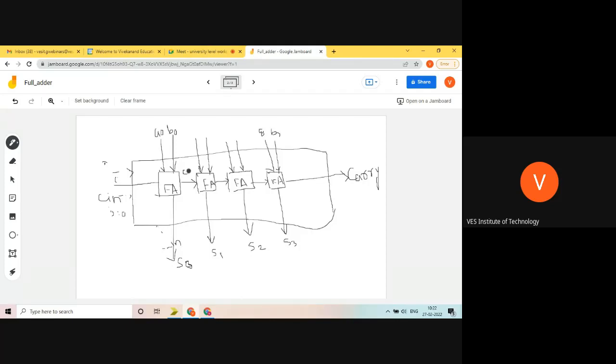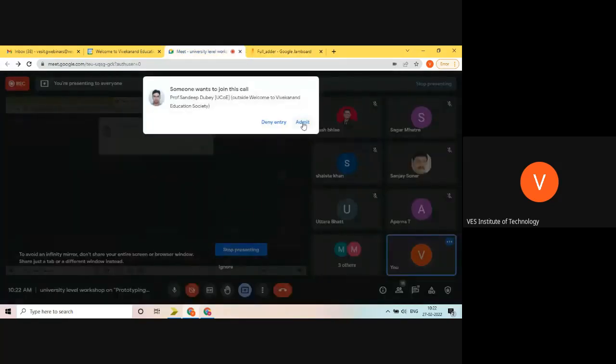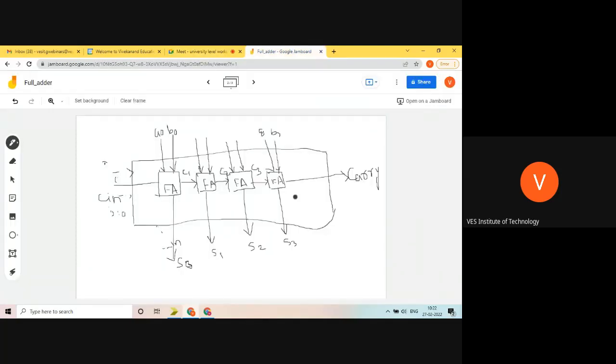So this is C1, C2, and C3. 3 signals we wanted, and there will be one output. Okay, so C1, C2, C3, these will be the wires we wanted, and carry will be the output we wanted to create. So that's it. This is what we have to do. Simple. So let's do it.